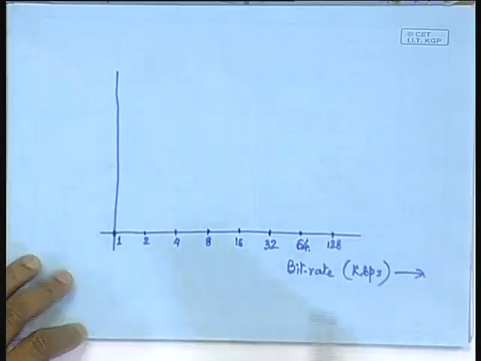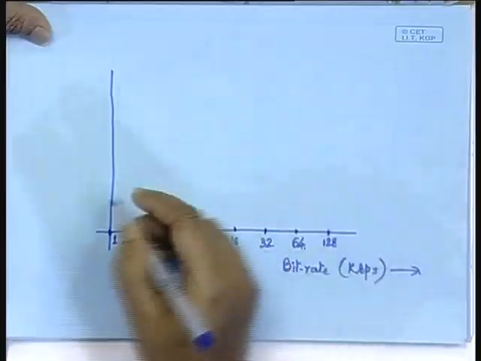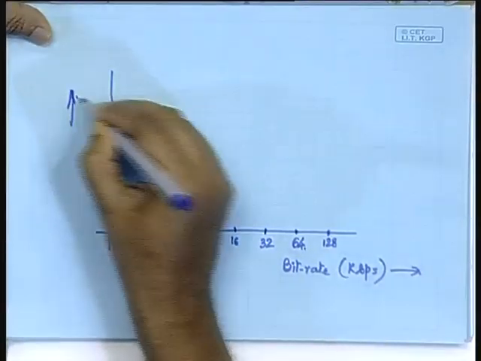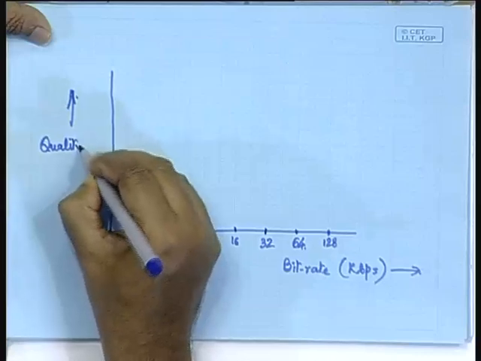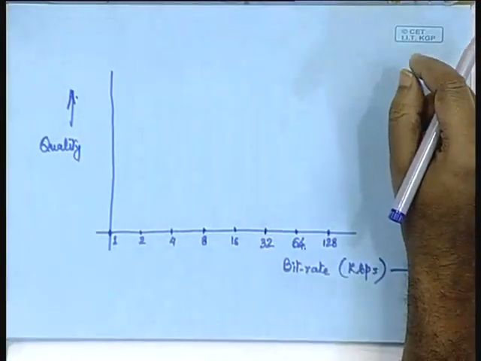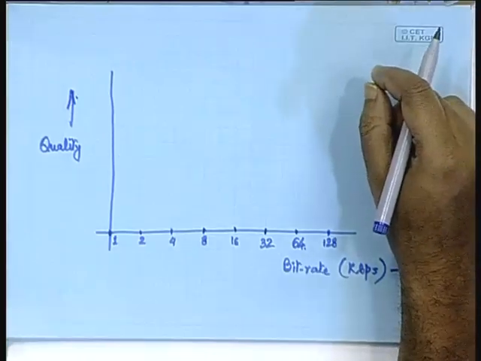Okay. More than that we do not require, because at the high end we have up to 64 kilobits per second. Okay. That is for the pulse code modulation, as I have talked of. And here on the y axis we indicate the quality. Now, when we say quality, it is somewhat subjective. Okay. So, how do we assess the quality subjectively?